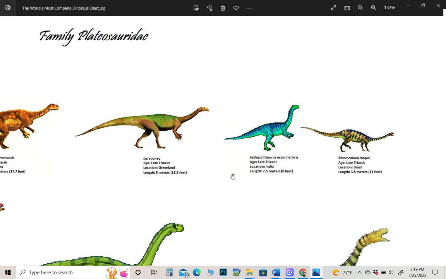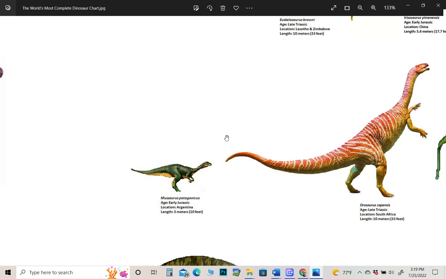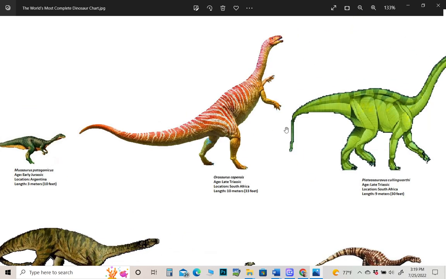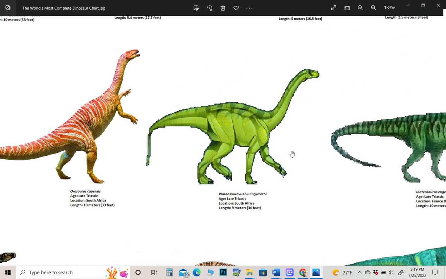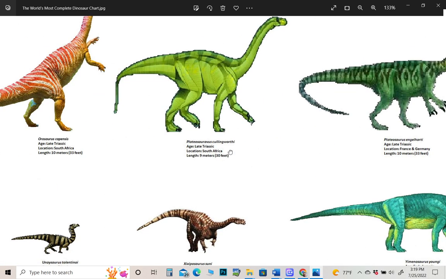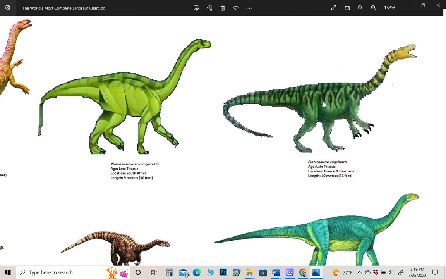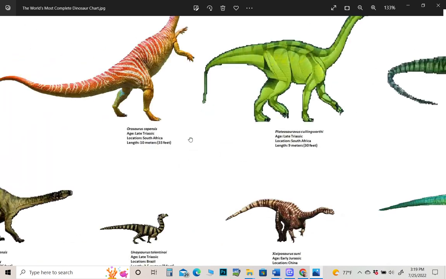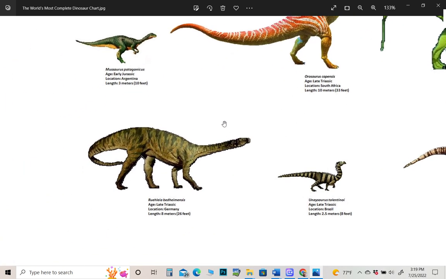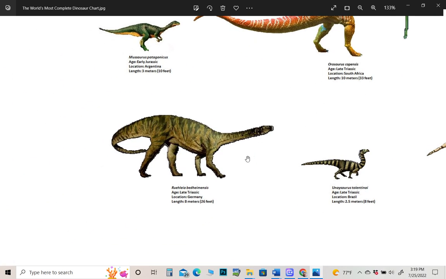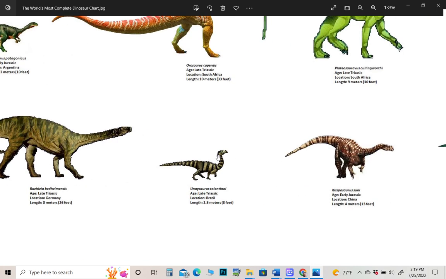Jaclopallisaurus, Macrocolum, Moosaurus, Orosaurus, Plateosaurus, of course. This, by the way, was the 5th dinosaur ever discovered. They called it, I think, some kind of German lindworm or something when they found it. But yeah, it's the 5th dinosaur ever discovered. Ruhelia, Unesaurus,